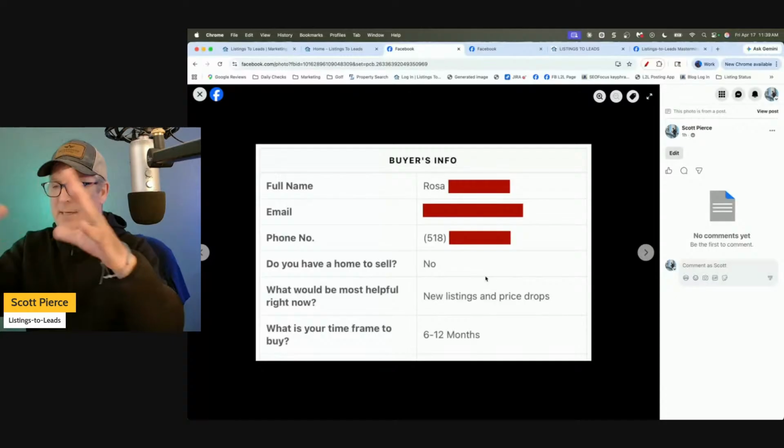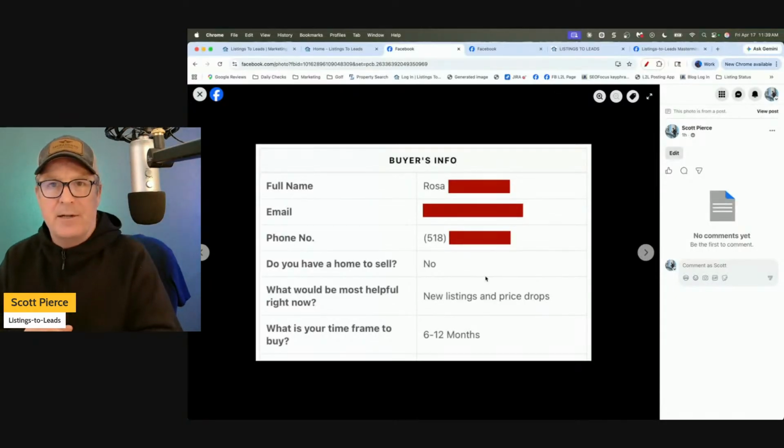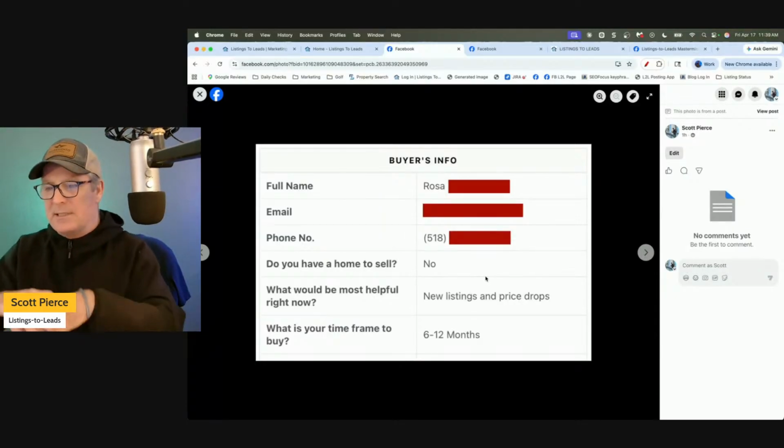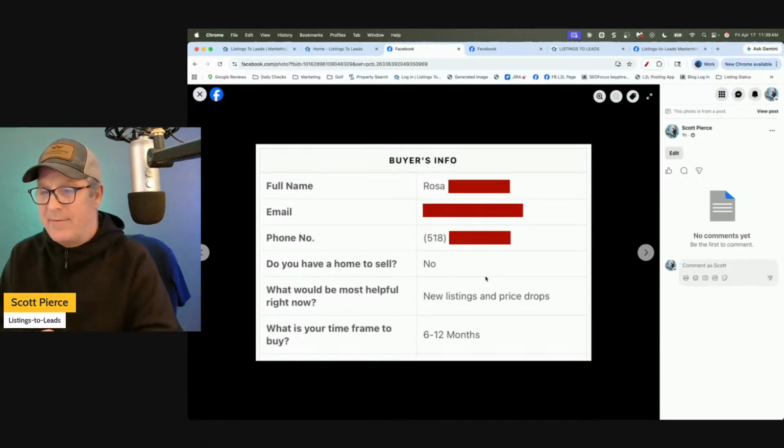So do you want to see new listings in this area? And is there anything in particular that you're looking for in a home? Okay, great. What price range is this? The same price range as this property. Okay, great. Are you pre-approved? Have that conversation. That they said 6 to 12 months, and I might just ask them, are you currently renting